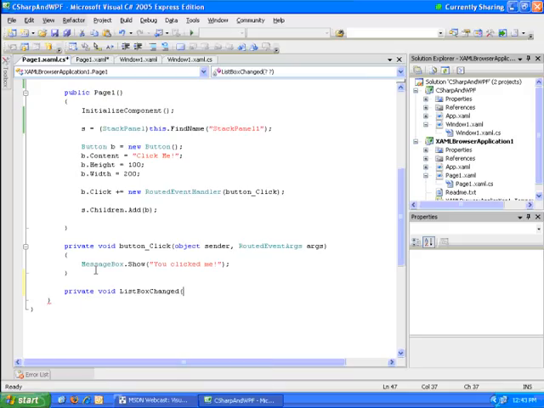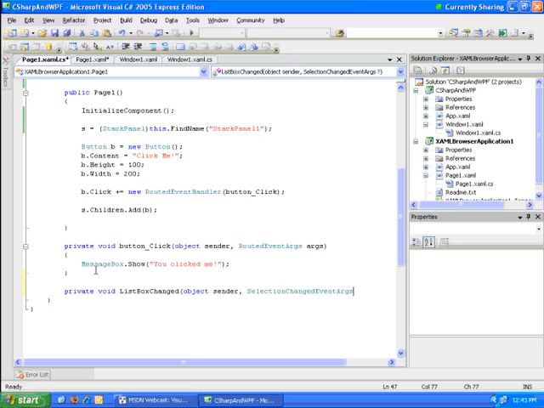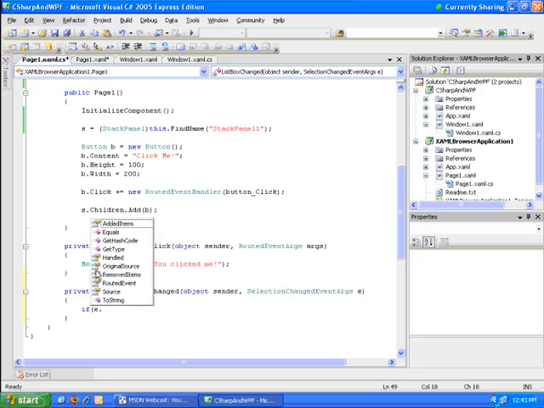In this case, the listbox change event handler is going to take a special kind of argument designed specifically for list boxes. So there's my sender. This kind of argument is going to be the selection changed event args here. We'll call that E. And then I can have it do something here. In this case, I'm just going to check to see if we actually have items in here. If there are,